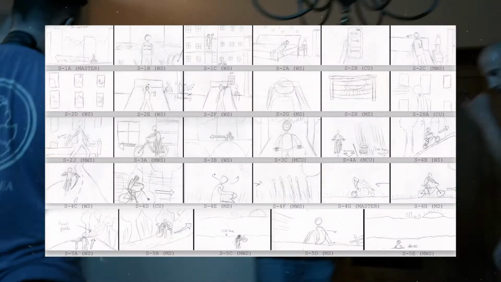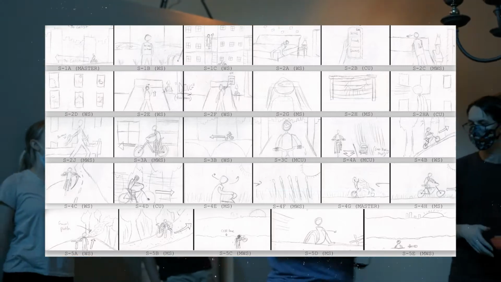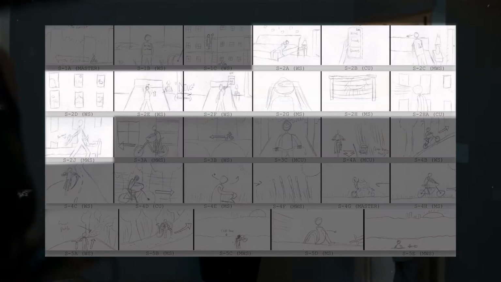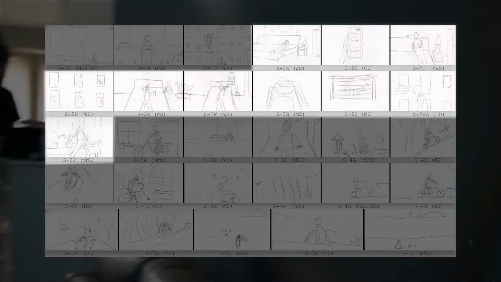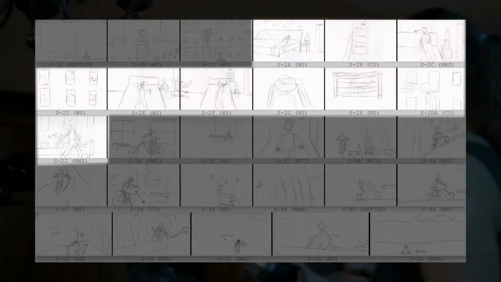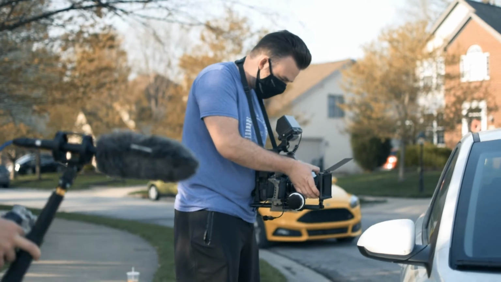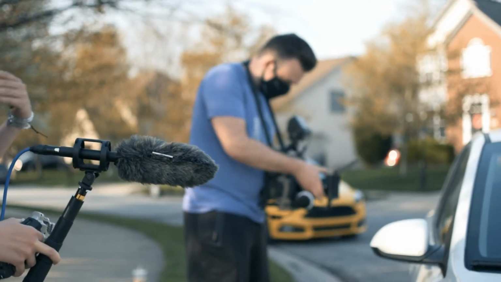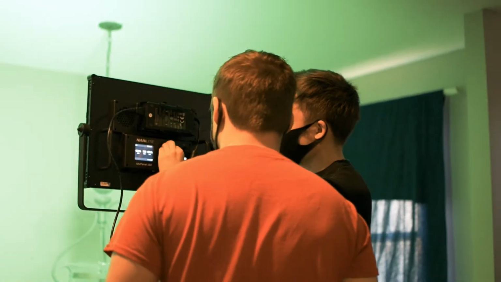If we look at scene 2 from the storyboard of this short that I most recently filmed called The Cyclist, we'll find that there are 10 frames that are dedicated to getting the entire scene shot. That means that there are, in theory, 10 different setups to get every piece that we need according to what the storyboard has laid out. That means that there are 10 individual shots that need to be individually lit and individually shot to get the